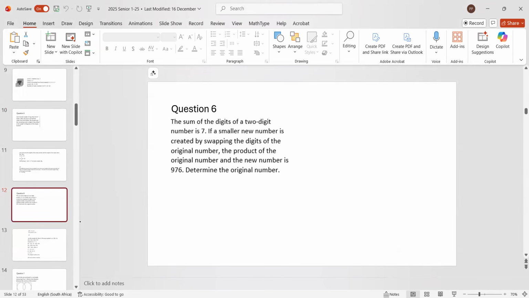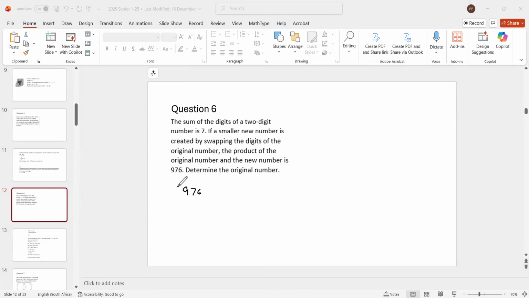Okay, now we go on to question 6. The sum of the digits of a 2-digit number is 7. If the smaller new number is created by swapping the digits of the original number, then the product of the two numbers is 976. So why don't we